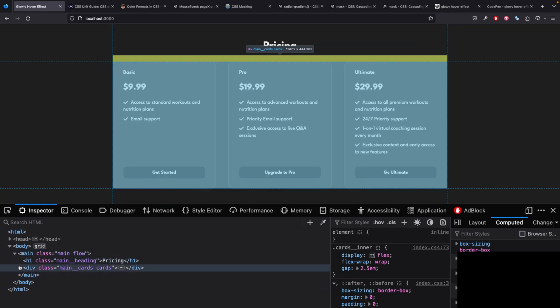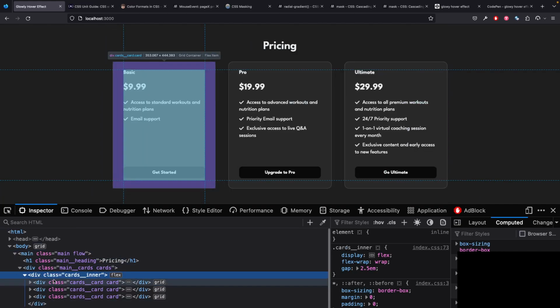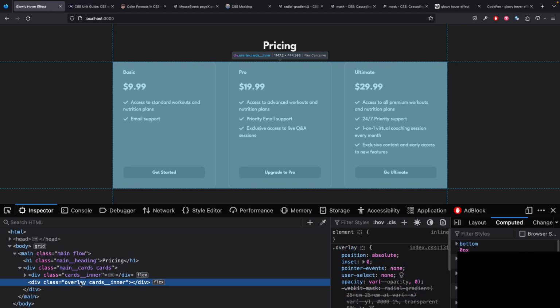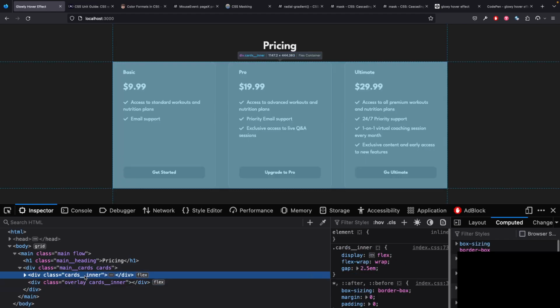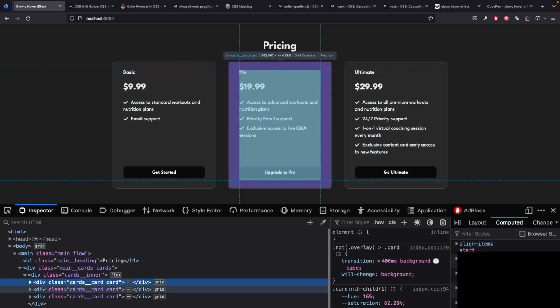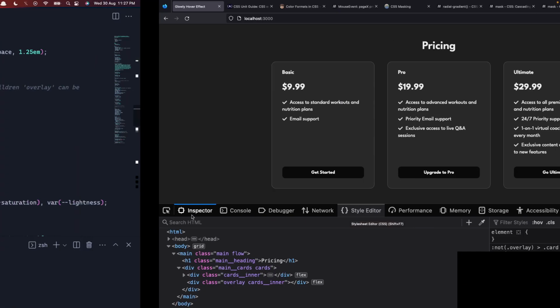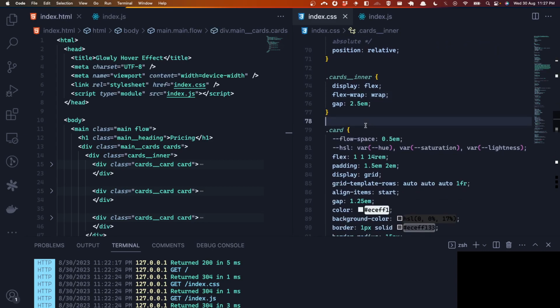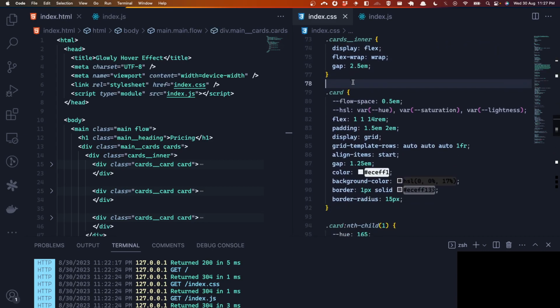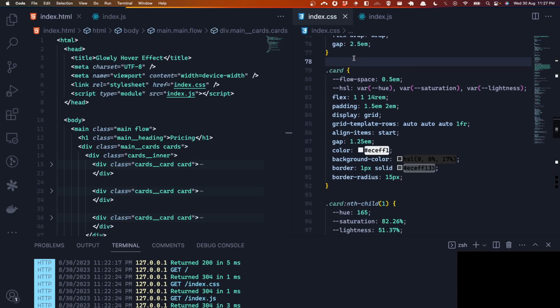So let's just keep moving on with this in our head: that overlay container is absolutely positioned so that it is right over the cards container, the inner container, which has the 3 cards, right? So if we move forward, this is just that template stuff, some layouting is happening here. First thing that we see is the card has a CSS variable